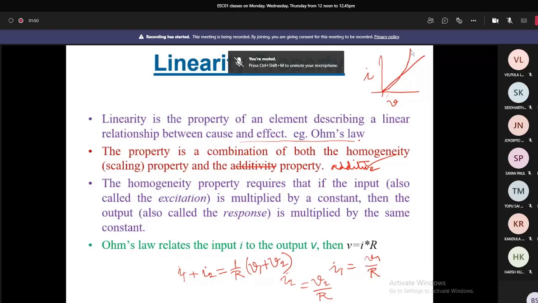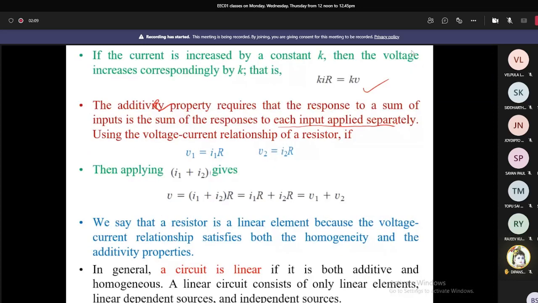On the next slide, if the current is increased, as I discussed, and then the additive property: it is additive. The additive property requires that the response to a sum of inputs is the sum of the responses for each input applied separately. That is the key to the superposition theorem. So in the superposition theorem, we'll see that if there are n number of sources, we'll consider each source at a